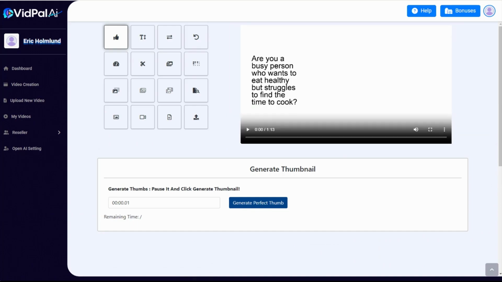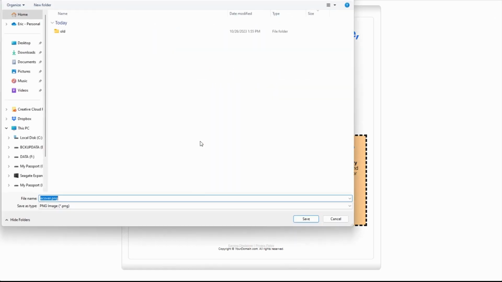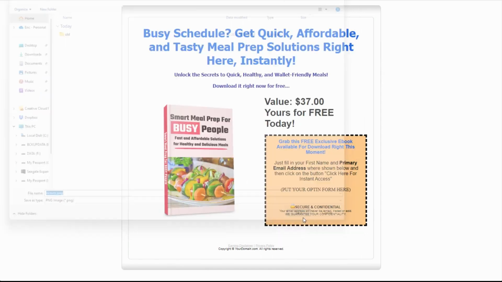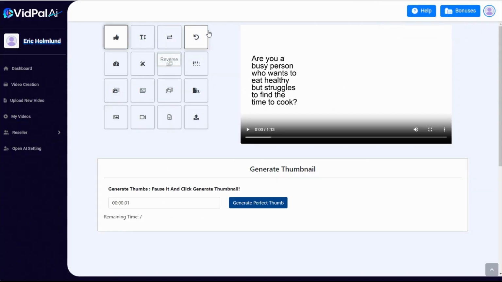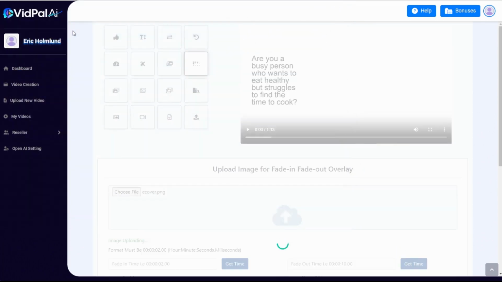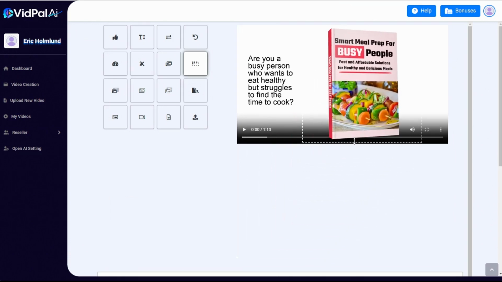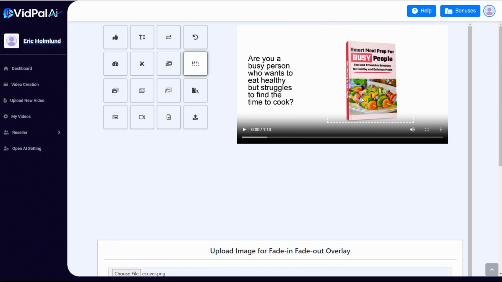I'm also going to jump back over to that squeeze page and just simply grab this cover image that I had previously created. So I'm just going to save the cover image, go over here, and I'm going to do a constant overlay of that cover image. Grab that, drag it up here, resize it, double click it,